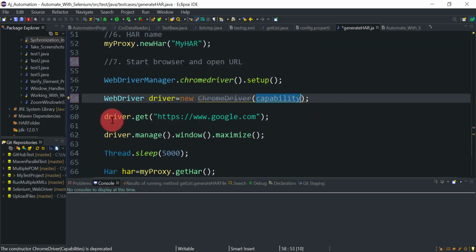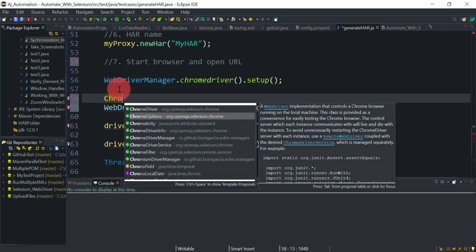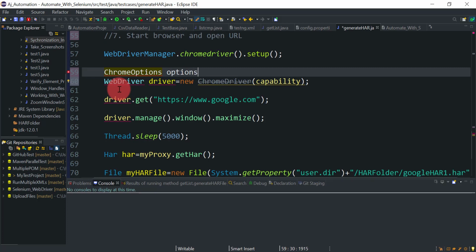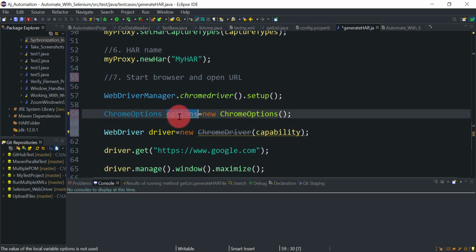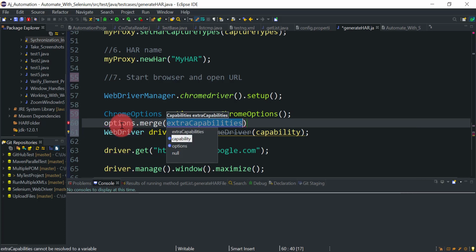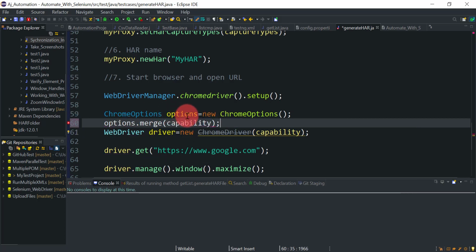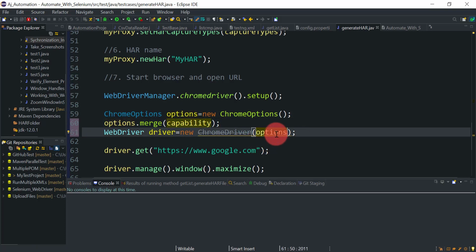Maybe I can create it here itself: ChromeOptions options equal to new ChromeOptions, and we can merge this capability into this options object. So options dot merge, and merge this capability. Now this options reference we can send to our ChromeDriver, which is available in our latest version of Selenium. Okay, so the error is gone now.